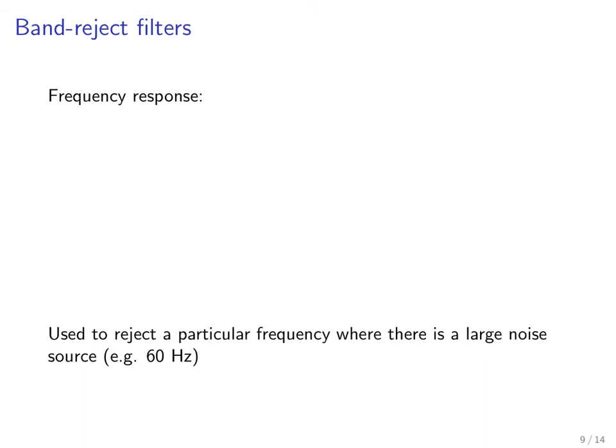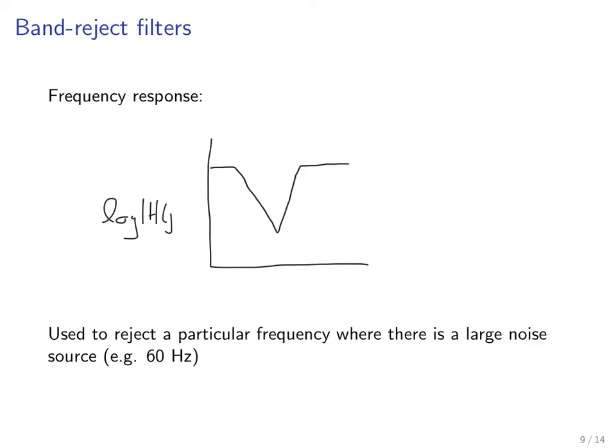So this brings us to band reject filters, which we're not really going to use at all here. Now, a band reject filter would have a frequency response that would look something like this on a log-log plot. It would essentially pass everything except for this notch here. So you'd have log of H of j omega here, log omega,